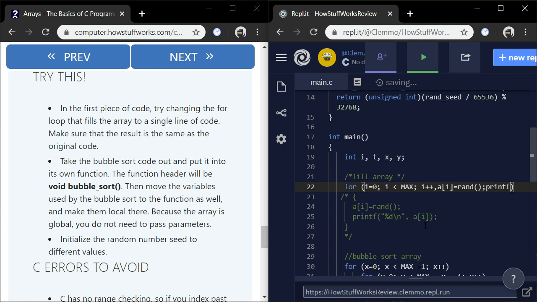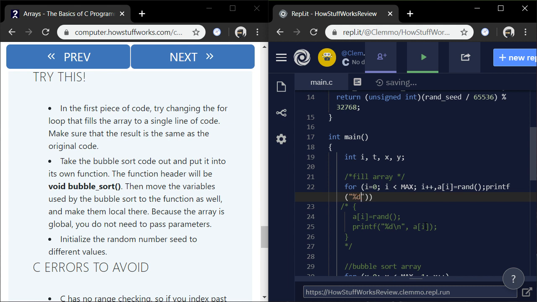I don't know. That looks a little fishy to me. Very suspicious.